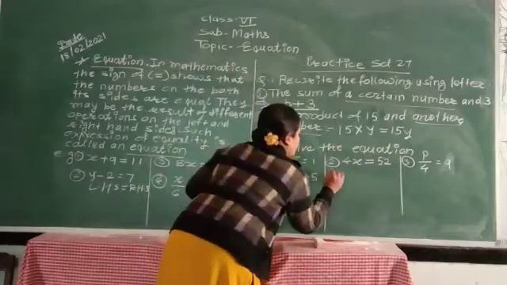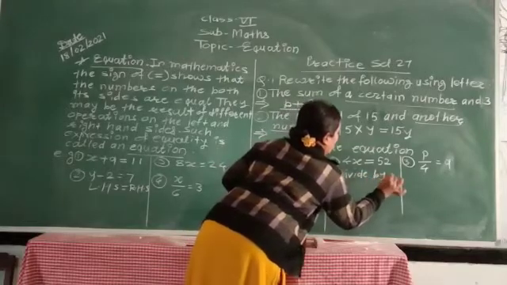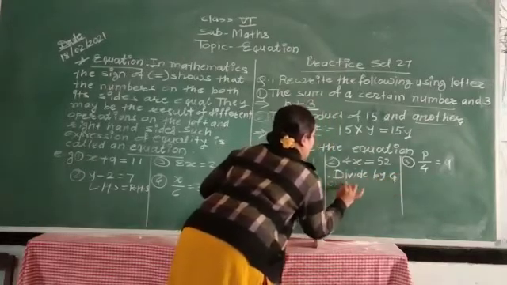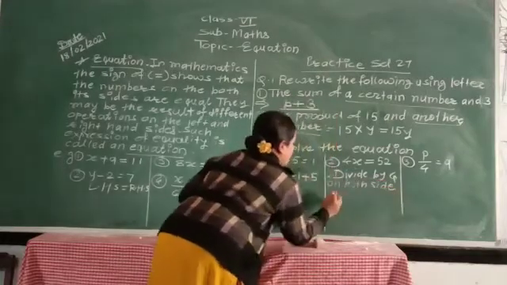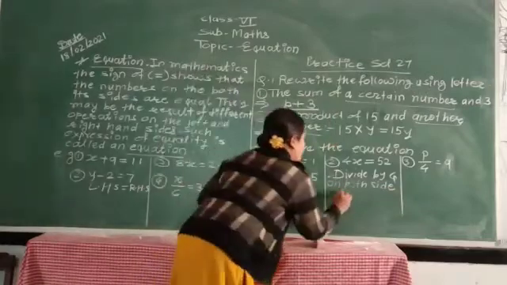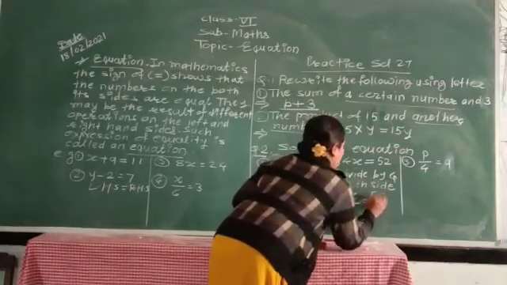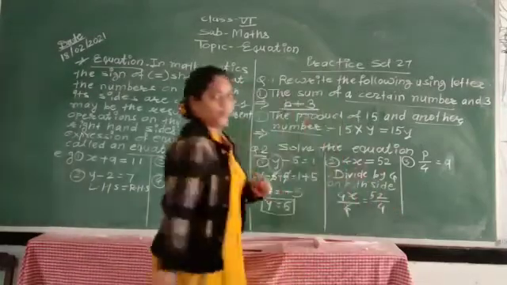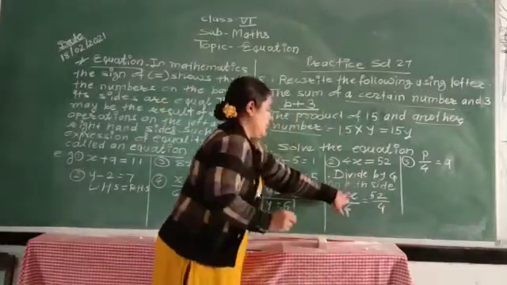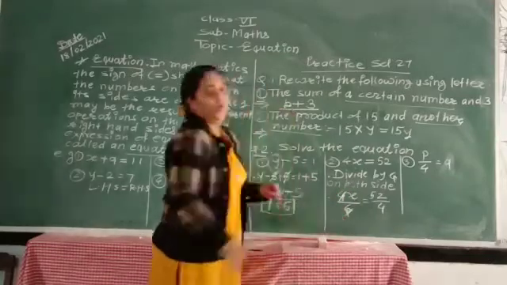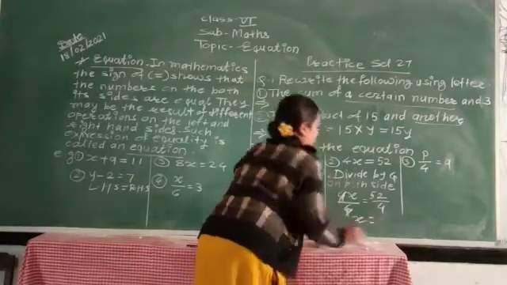So divide by 4 on both sides. We get the expression 4x divided by 4 is equal to 52 divided by 4. Got it? Therefore, 4 ones are 4, so the expression is x is equal to